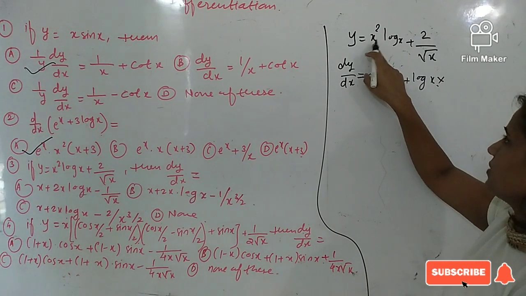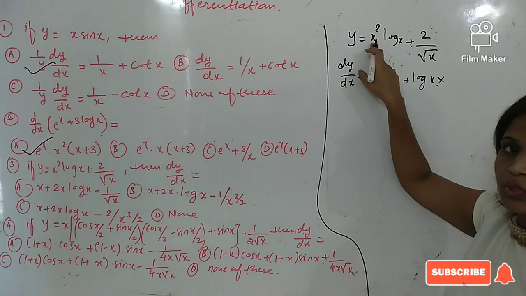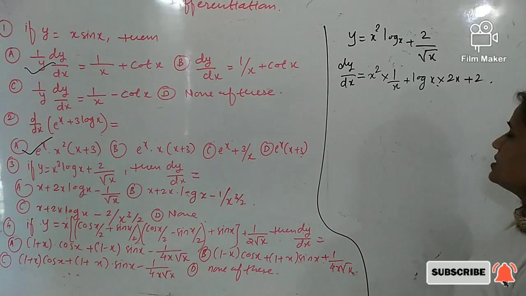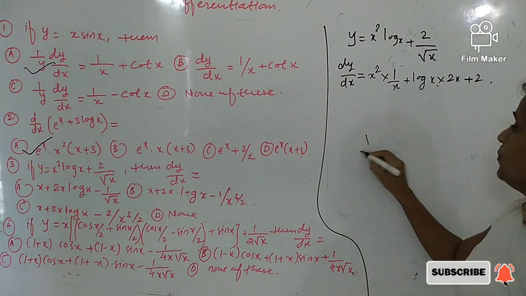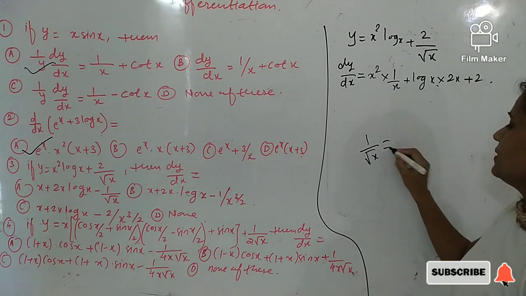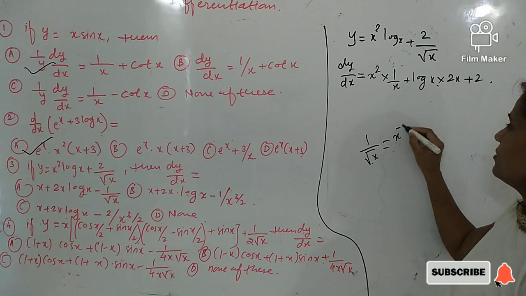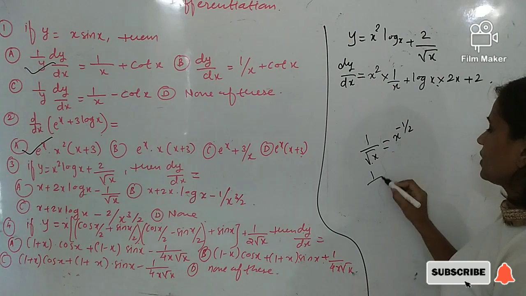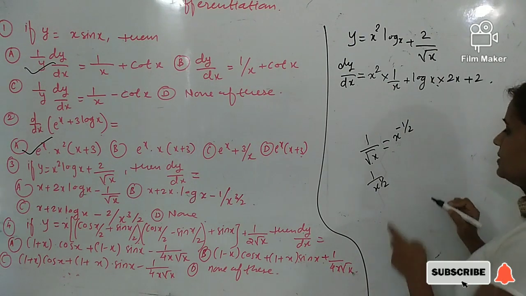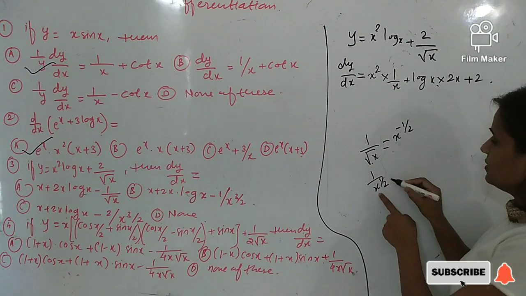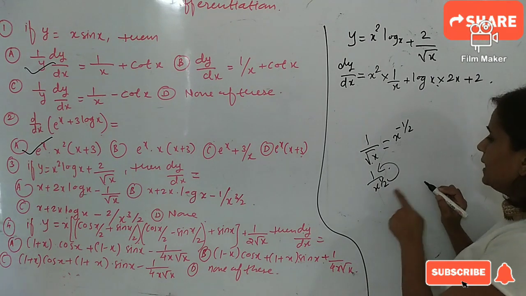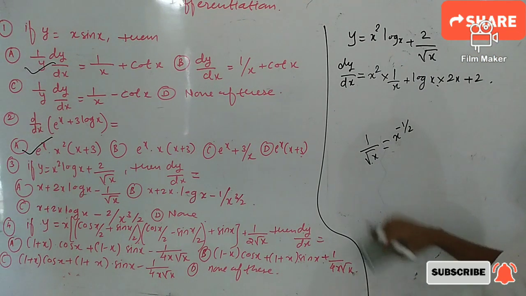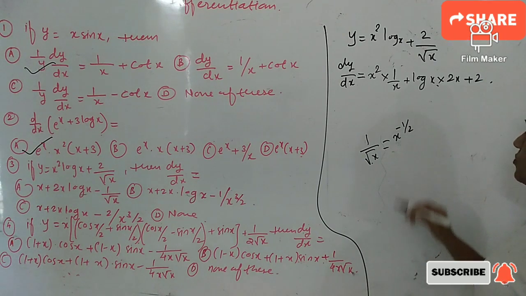and derivative of the first function, so first function is x square, so x square derivative is 2x, plus 2 is a constant value and 1 upon root x. So I can write this root x value as x to the power minus 1 by 2. Okay, because root means it is the power 1 by 2, and when I shift this value in the numerator, its power gets negative. So this whole calculation gets x to the power minus 1 by 2.